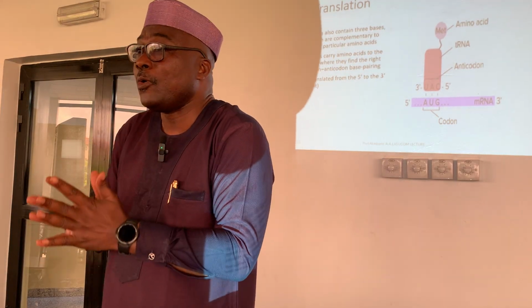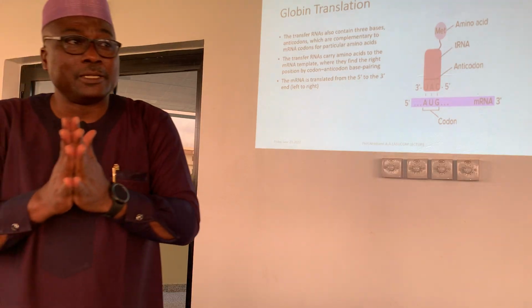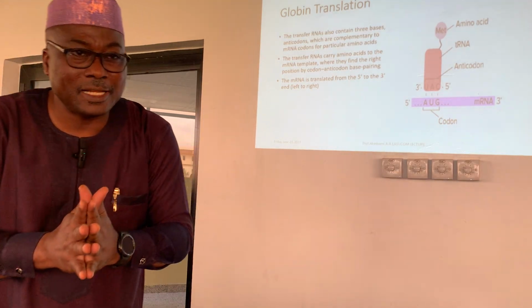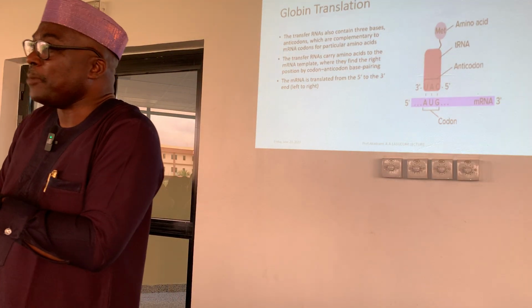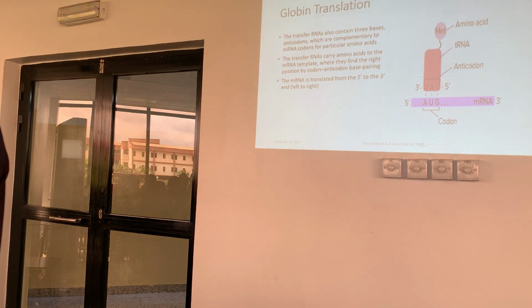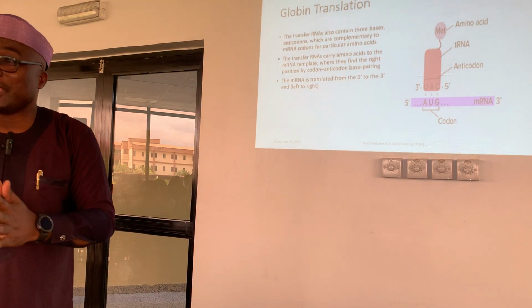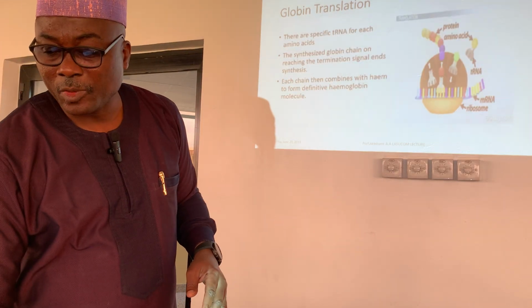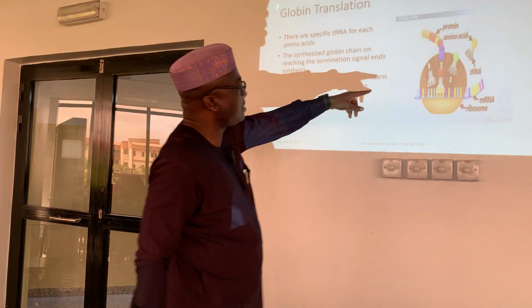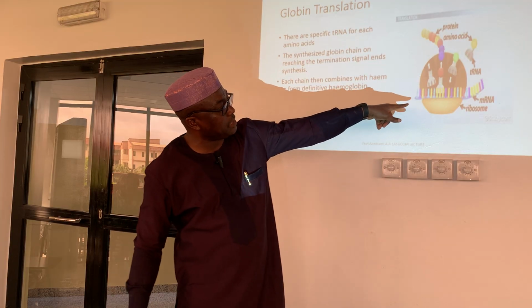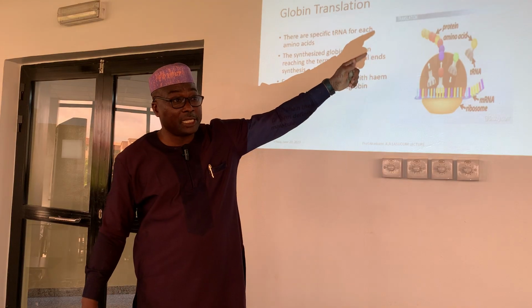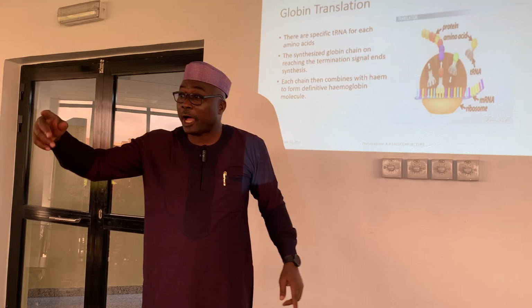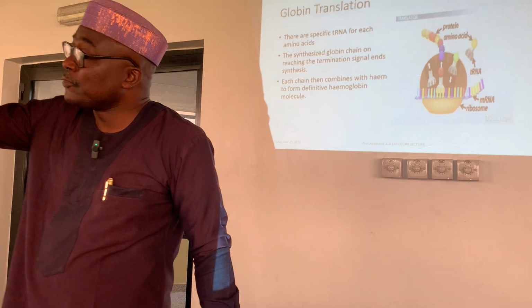That is how alpha chains, beta chains, delta chains, gamma chains, zeta chains, epsilon chains, all the chains are produced. That is how they are produced. So this is the synthesis, protein synthesis. You can see the transfer RNA is bringing the anticodon containing the protein, containing the amino acids. So if you have